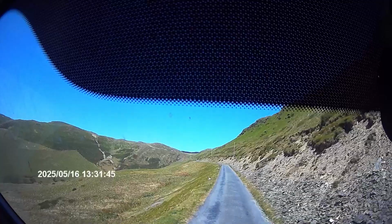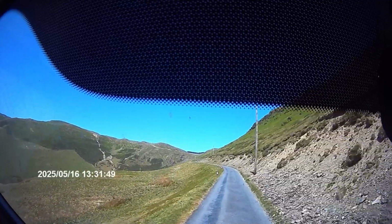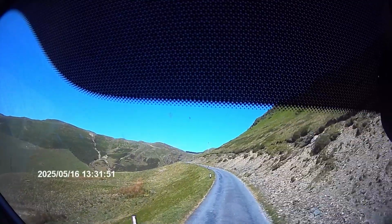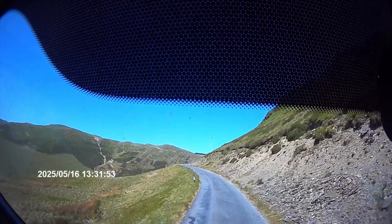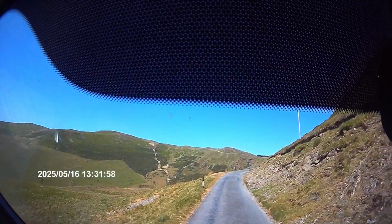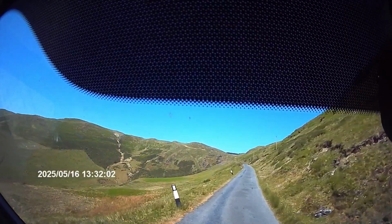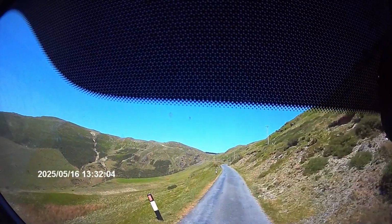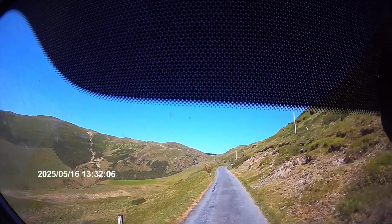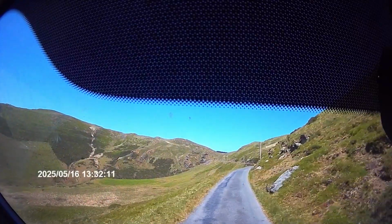Well, we wouldn't be going this way if we had gone down to the beach. If we'd gone directly to where I was planning to go now, from where we parked last night, you would have missed all this. Look at it. Might save all that lot because that's quite spectacular, that drive up there. Go through this evening and just some marvellous